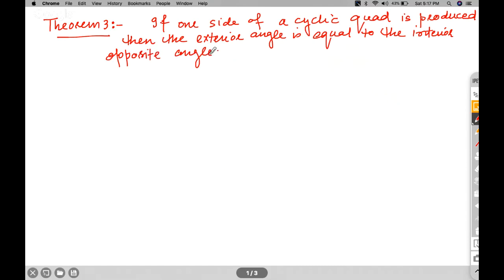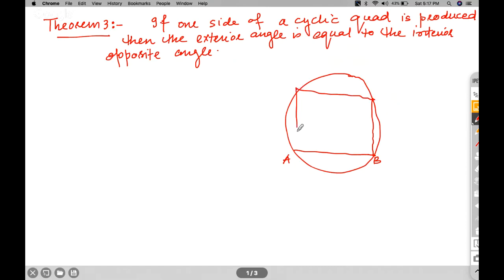And this is nothing but, what I'm saying is that I draw a cyclic quadrilateral like this. This is A, B, C, and D. And if I produce this line BE, I am saying that angle CBE, this exterior angle, would be equal to